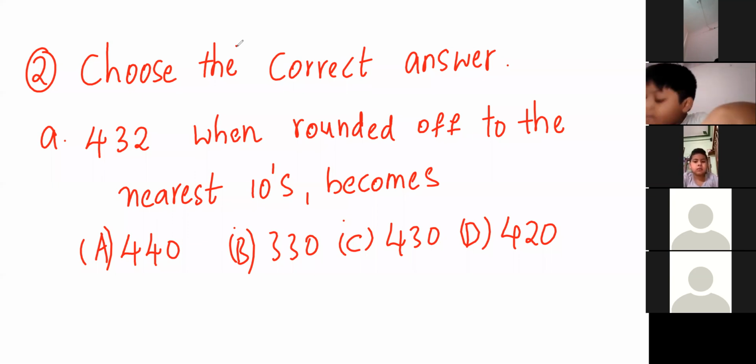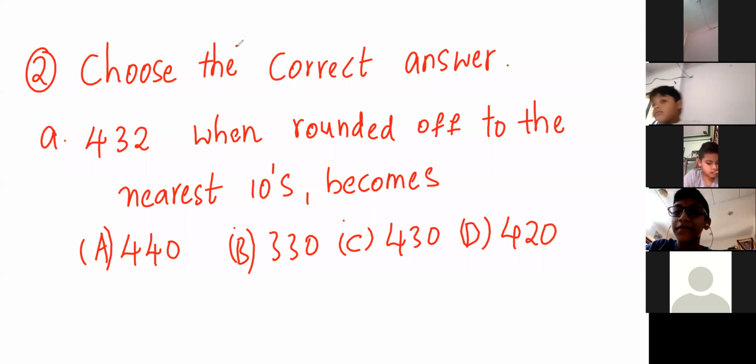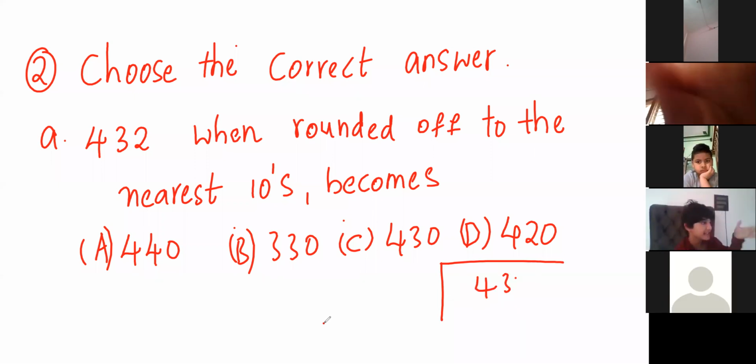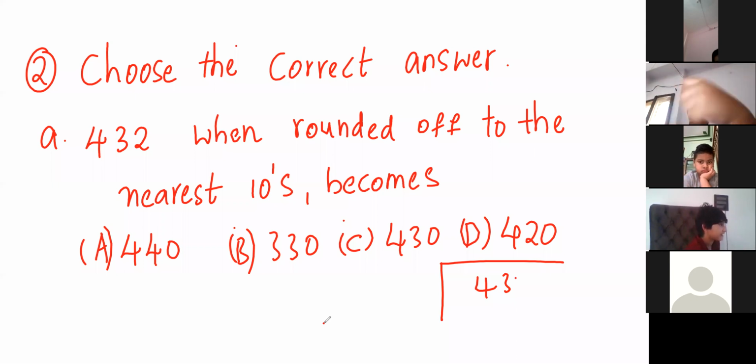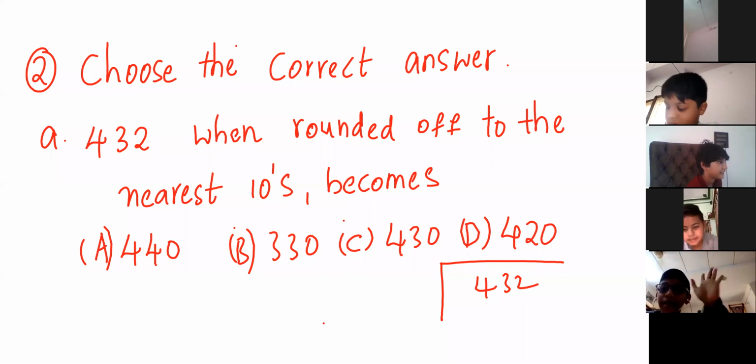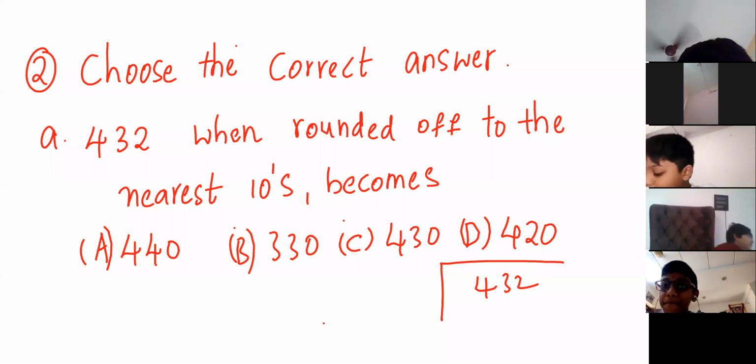You already know that whenever a number is rounded off to its nearest 10, the ones place number should be 0, right? In these options, every number has a zero. It is better to have a workout over this problem. Instead of choosing the options, let us work it out in the rough space. Take down 432. Yashmant, you want to say the answer? Yeah, tell me. What is the answer?